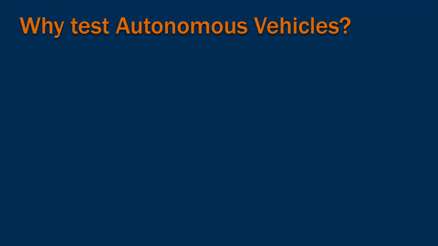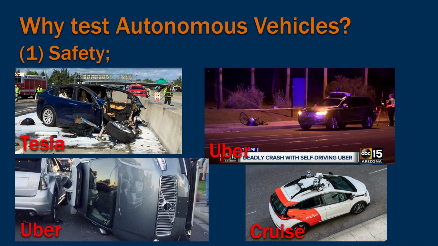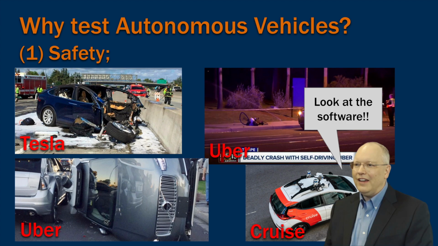Why, as software engineers, do we care about the robustness of autonomous vehicles? First and foremost, the answer is safety. Three flagship AV systems have had high-profile crashes that involved a failure of the neural networks to accurately interpret the driving environment. And this is not unique to these systems. Our community has documented many instances of failures in AV software.